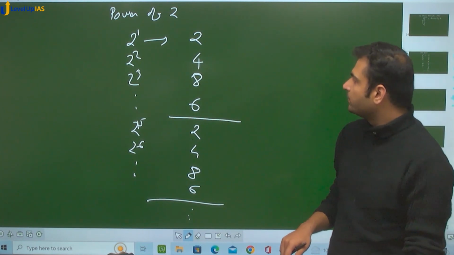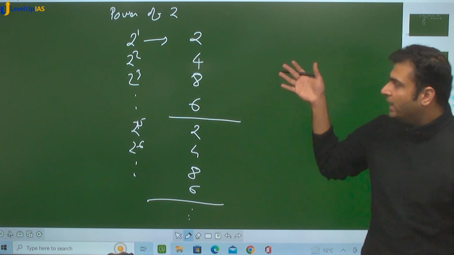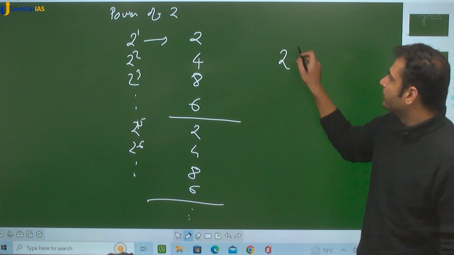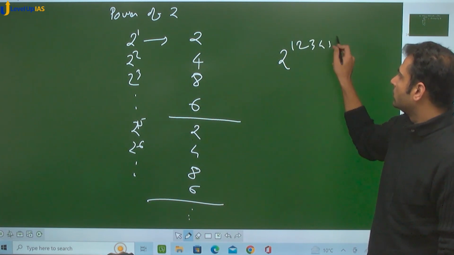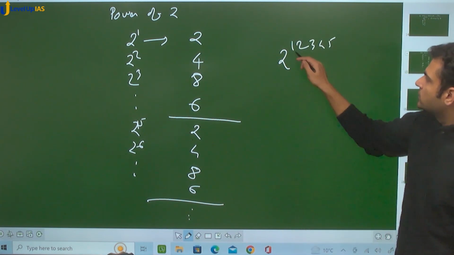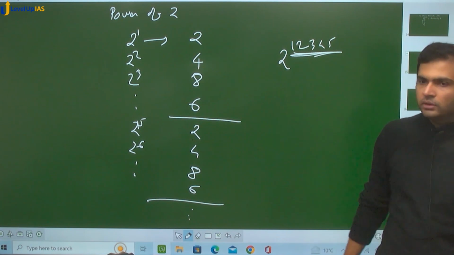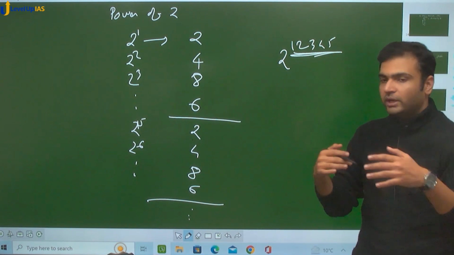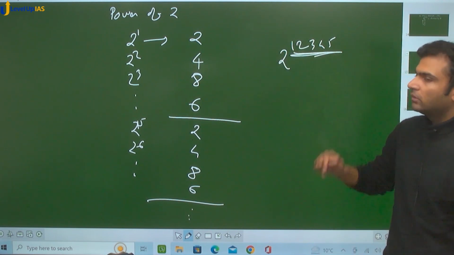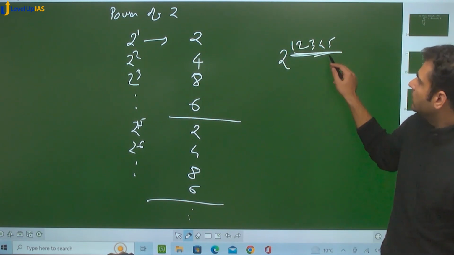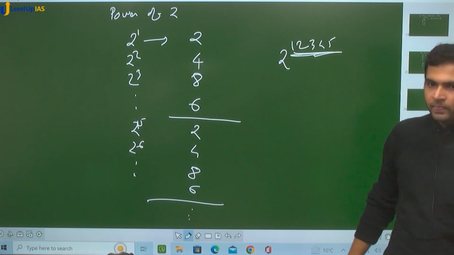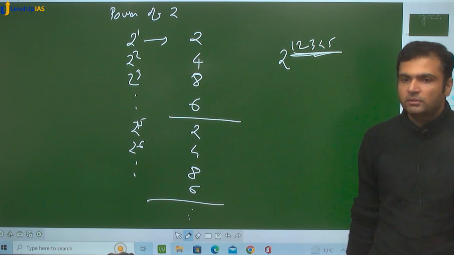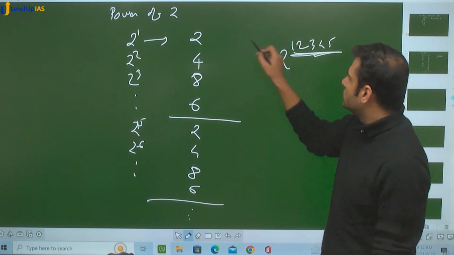So accordingly, what we said was, okay, this pattern is repeating in the brackets of 4. So whenever I want to take any power of 2, all I need is where this particular power figures in this pattern. We saw that when we divide this number by 4, the remainder decided where this number figures in. So if the remainder is 1,